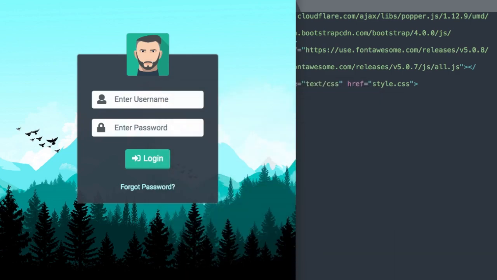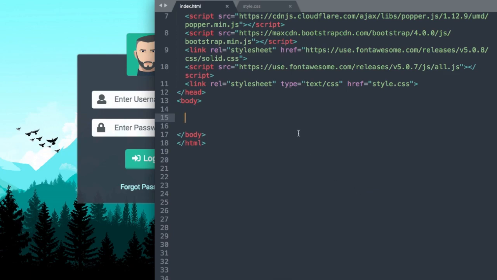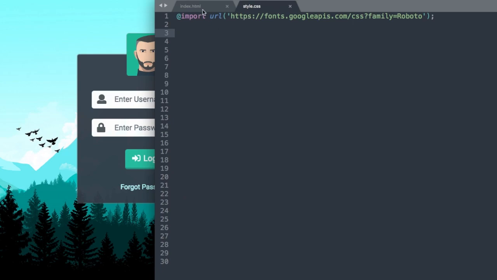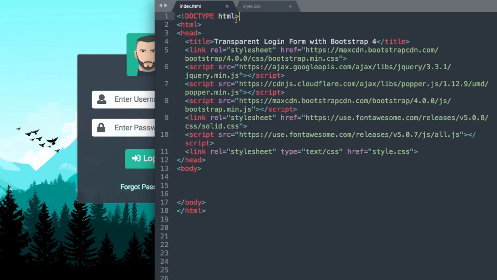Let's move over to Sublime Text and see what's already included in the starter files. In style.css we have a Google font imported that we'll be using, and then in index.html we have our title up here, followed by the latest version of Bootstrap CSS with Bootstrap 4. Then we have the latest version of jQuery and Popper.js, which is recommended for Bootstrap, followed by Bootstrap 4's JS file. And then we have the solid version of the latest version of Font Awesome with the CSS file,